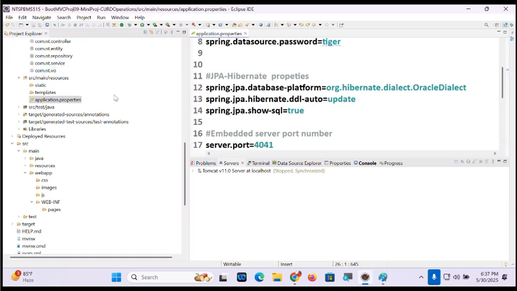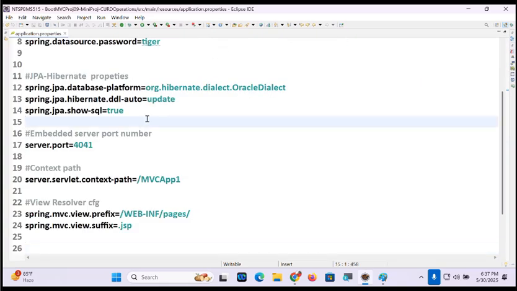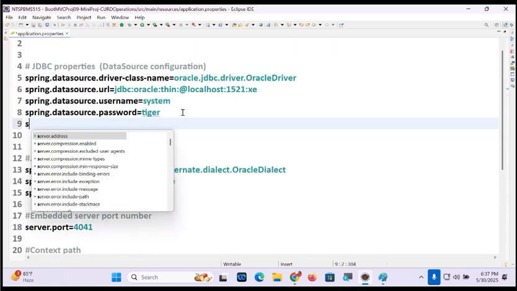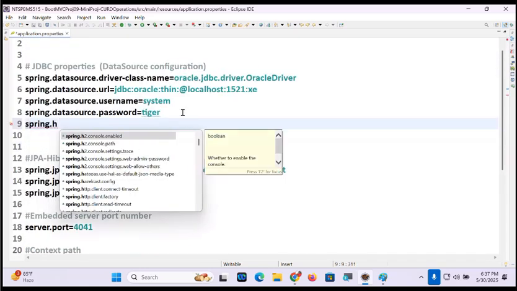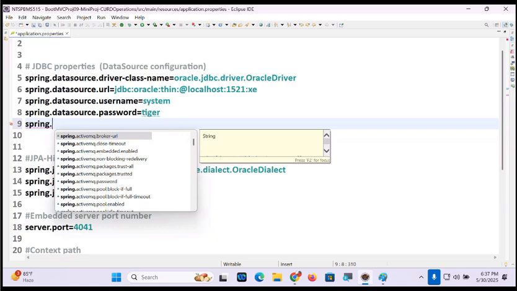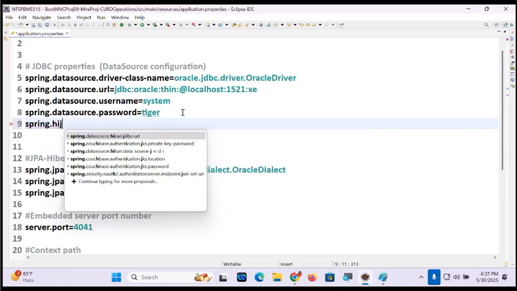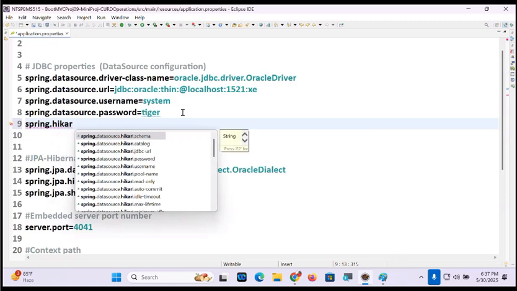Okay, now what is left? What about Hikari minimum pool? If there is a guarantee, always use Hikari and you can write those things also. Spring dot data source dot Hikari dot minimum idle.